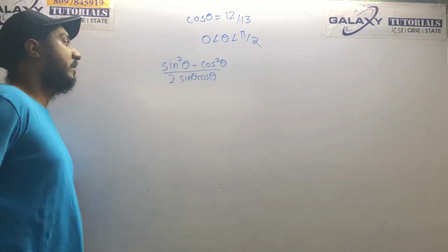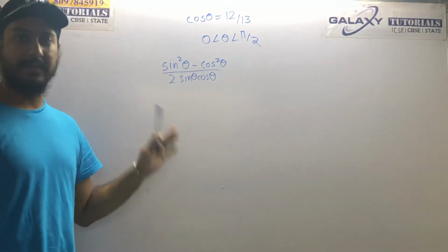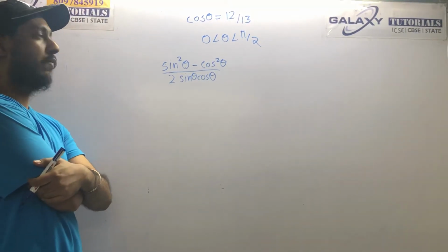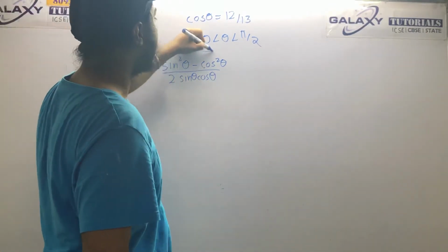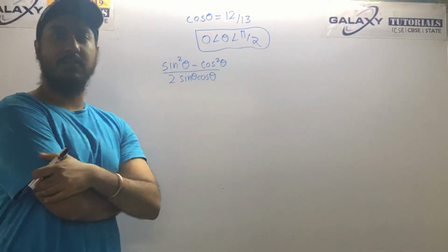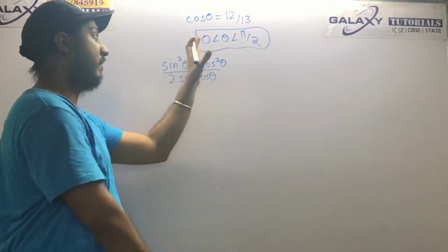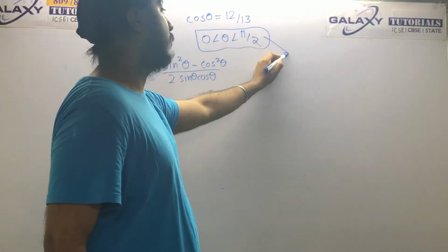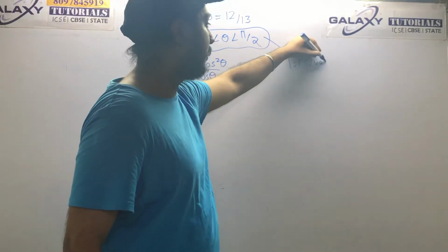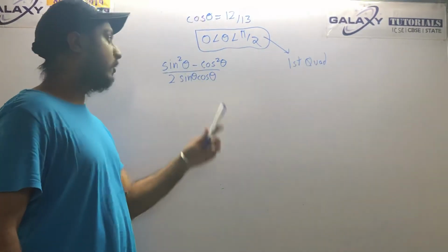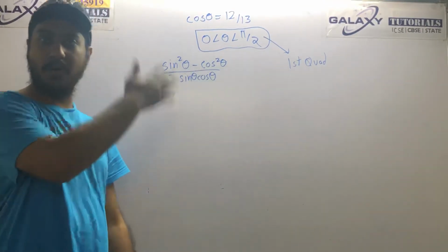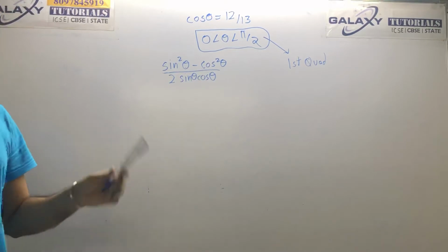So in this we have to find the value of this function here: sin square theta minus cos square theta upon 2 sin theta cos theta. First of all, what is the meaning of this? Why has he written here that theta lies between 0 and 90 degrees? What does the author want to tell you by this statement? He wants to tell you that this angle lies in the first quadrant. This is very important, because in case it was lying in the second quadrant, then you would have to put the signs of cos and sin theta appropriately, because you all know in the second quadrant sin is positive, cos is negative.